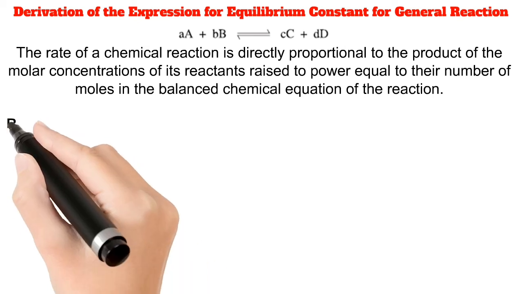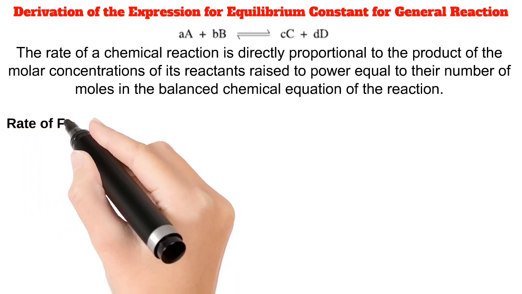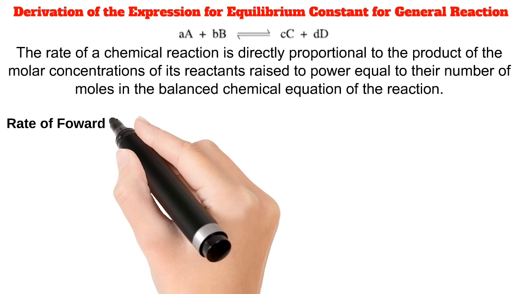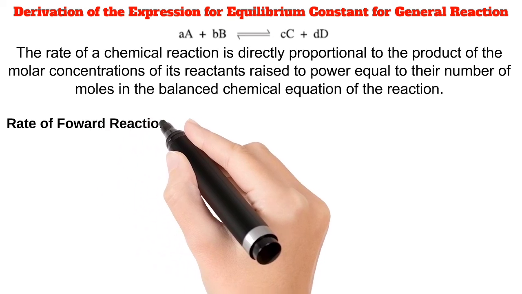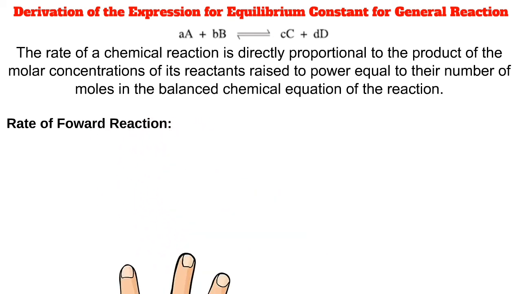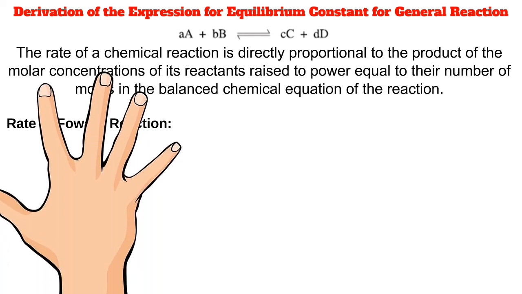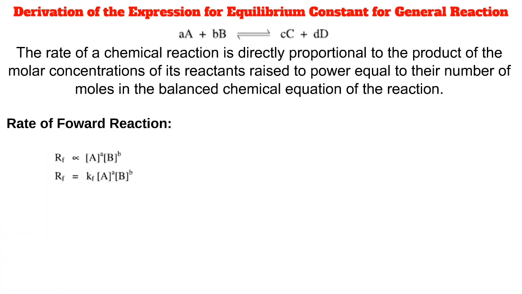Let us first discuss the forward reaction. A and B are the reactants, whereas small a and small b are their number of moles. The rate of forward reaction according to the law of mass action is Rf is directly proportional to molar concentration of A power small a and molar concentration of B power small b. Removing the proportionality constant, Rf is equals to Kf molar concentration of capital A power small a product molar concentration